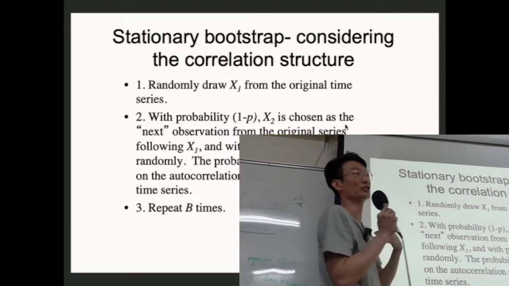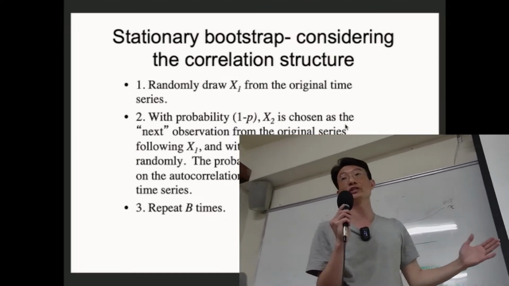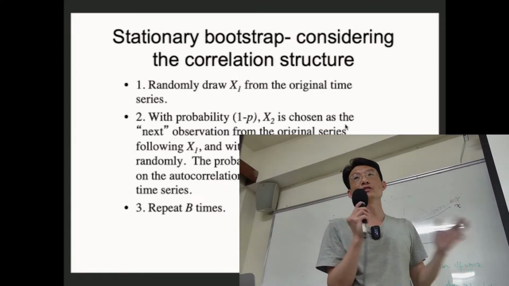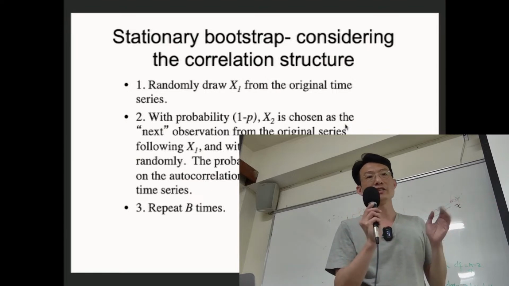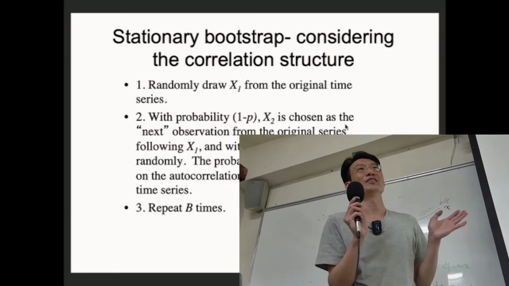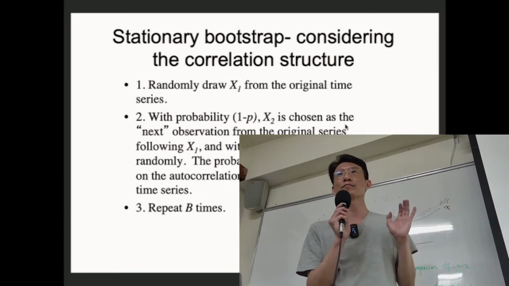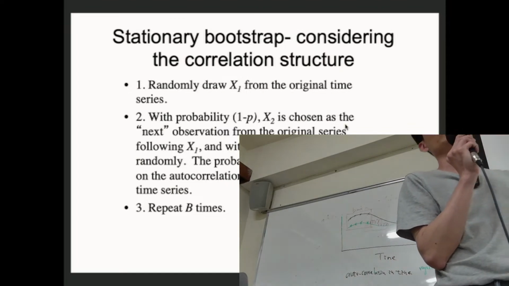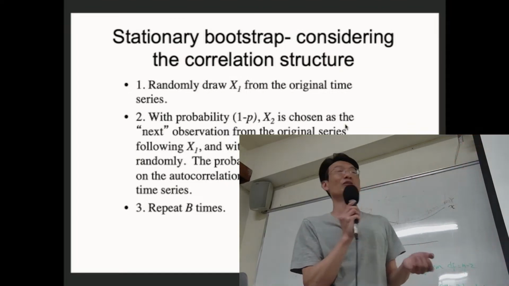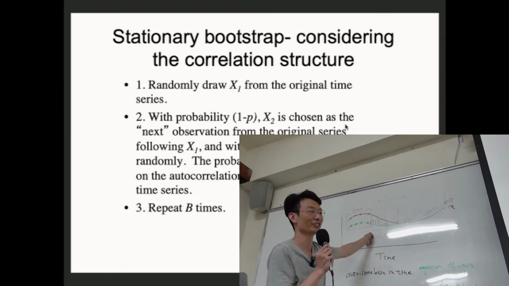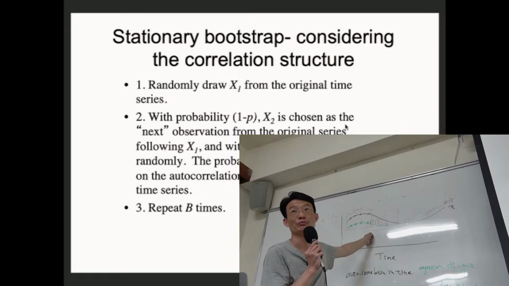So this is a very popular method, the stationary bootstrap. Of course, you can generate a stationary bootstrap in two dimensions in space. But that becomes more tricky, because in two dimensions you ask whether x, y is isotropic. Isotropic means the probability in x and y is the same. If it's not the same, it becomes tricky. So the two-dimensional stationary bootstrap is more difficult to generate. But the one-dimensional stationary bootstrap is more or less the standard bootstrap solution for time series analysis